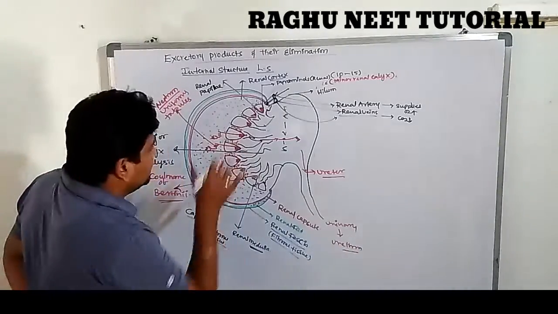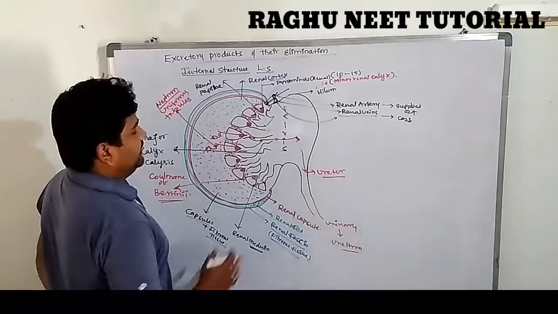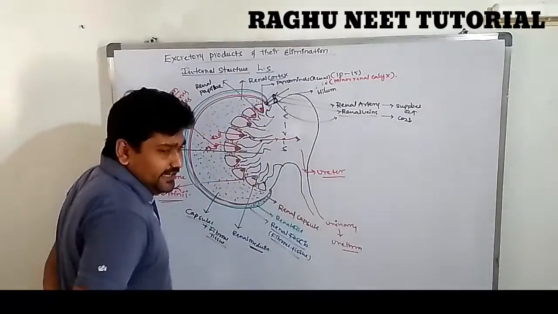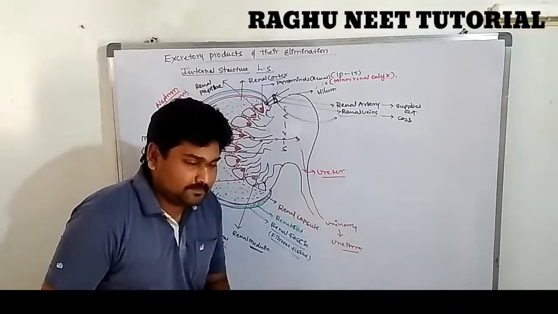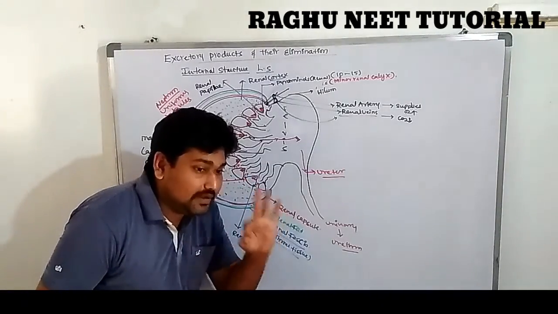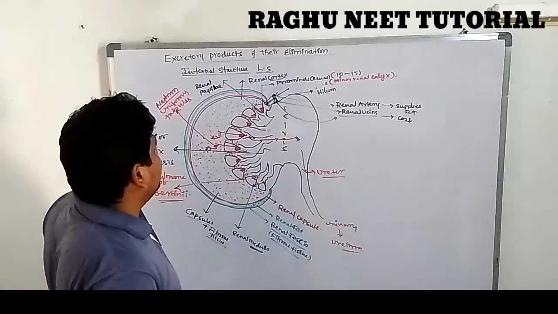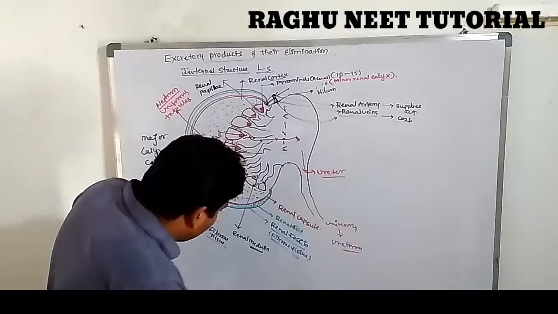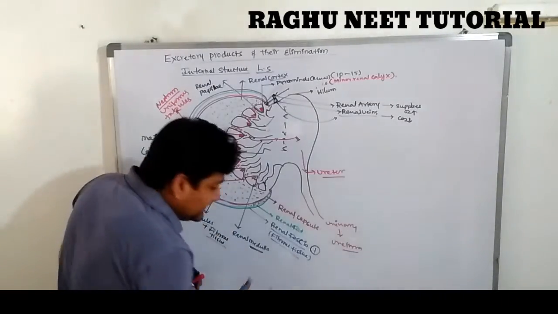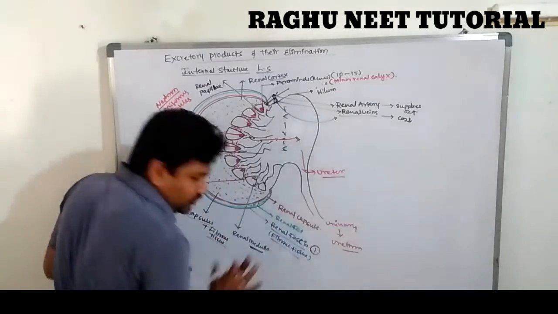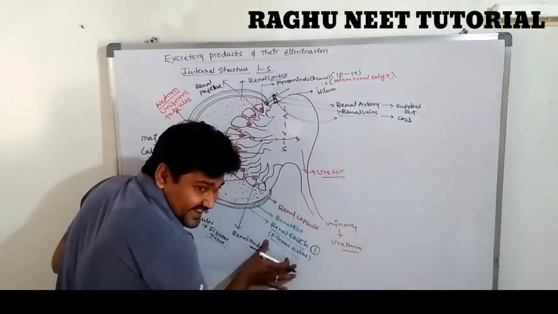Let's discuss again the parts in the internal structure of the kidney. The longitudinal structure of the kidney is bean shaped. It is covered by three protective membranes. The first one is the outermost covering, called the renal fascia. This renal fascia is made up of fibrous tissue. Are you clear? So it is a very hard layer.